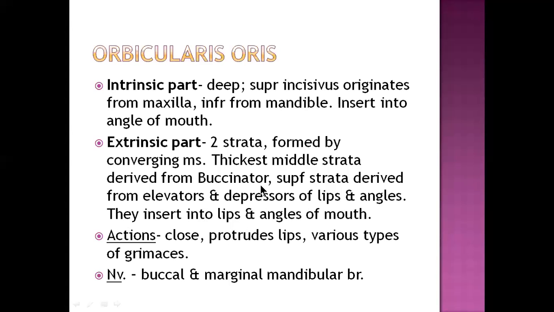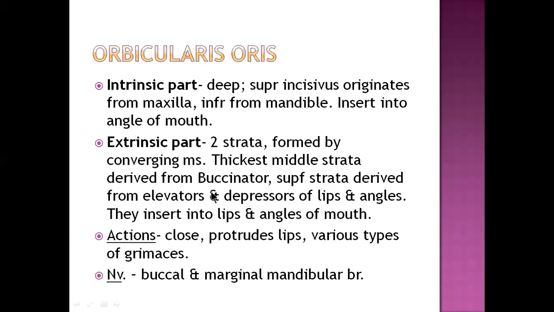Actually, what happens is the buccinator and the superior and the inferior muscles come and form a fibromuscular node at the angle of the mouth called the modiolus. And from the modiolus, you find the crus. From there, you find the fibers coming medially. Some fibers go towards the upper lip, some fibers go towards the lower lip. And some fibers go